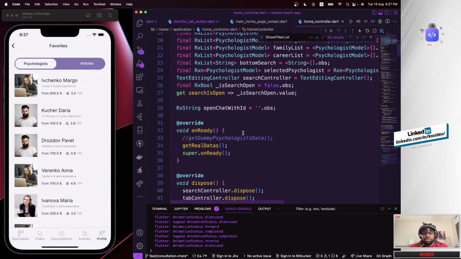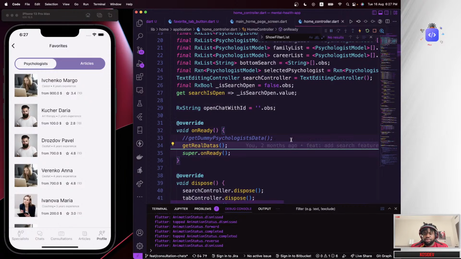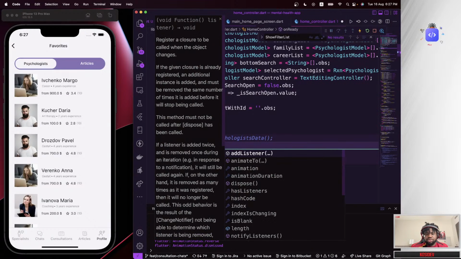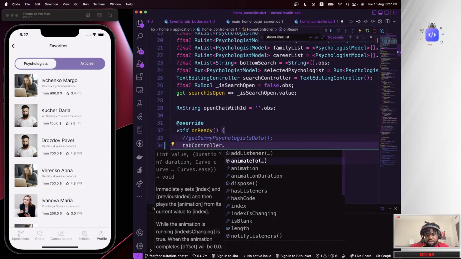I want to test something out here. So that's not actually a big issue. So say tab controller dot animate to